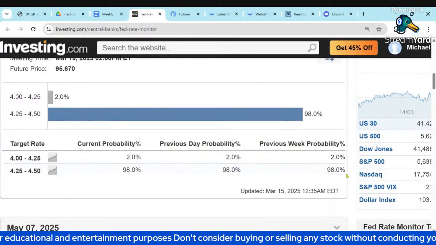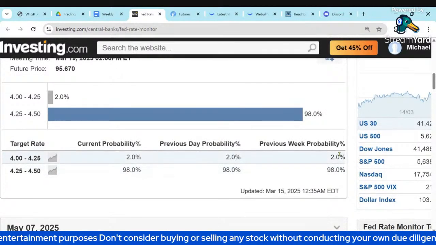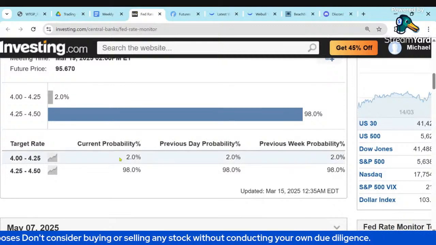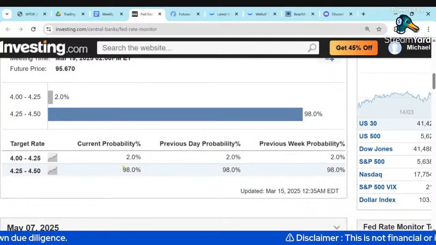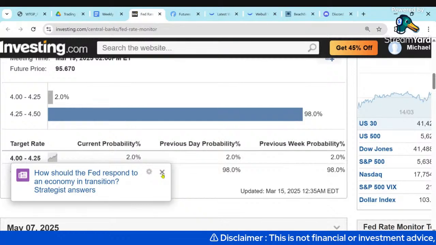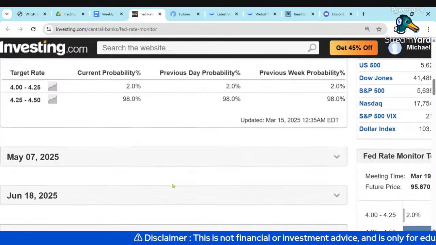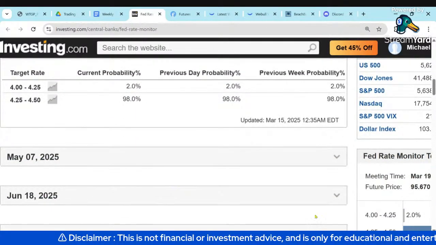See, that's been pretty steady for the whole week. So even though we got that lighter CPI and PPI data, this week didn't really change the probabilities at all, or the jobless claims data. Doesn't seem to have any effect on the expectations for the FOMC interest rate decision for March.